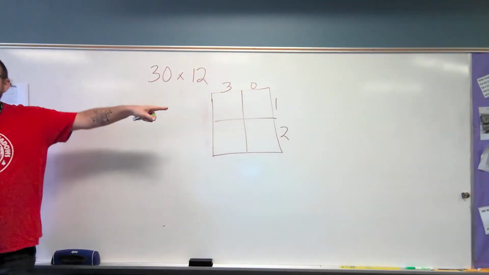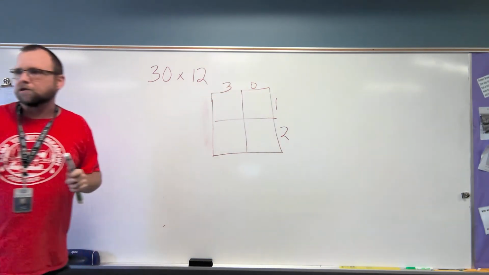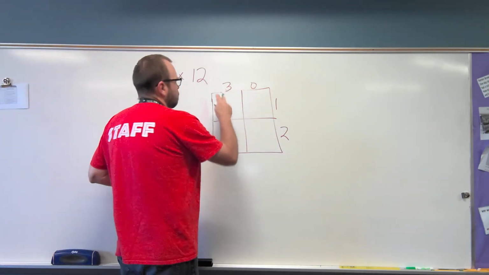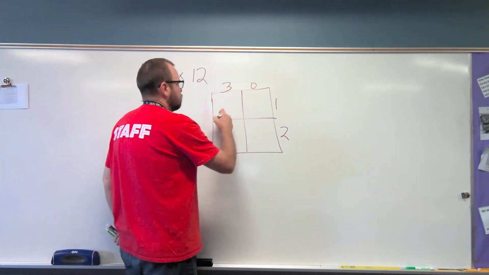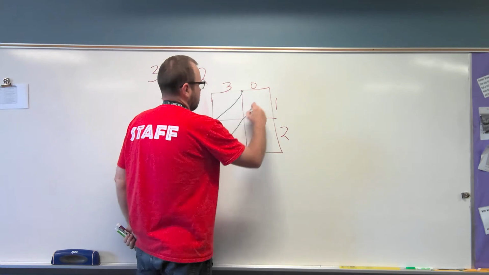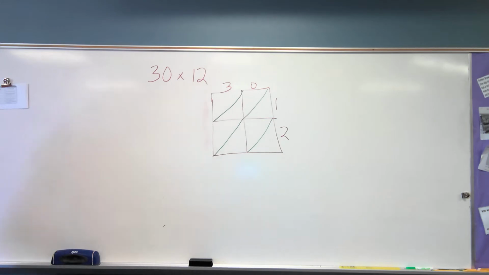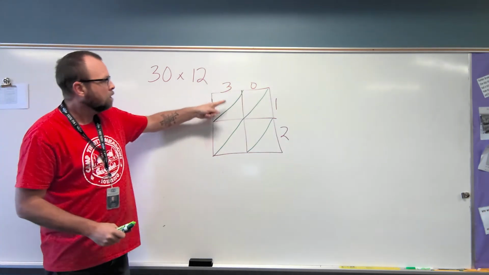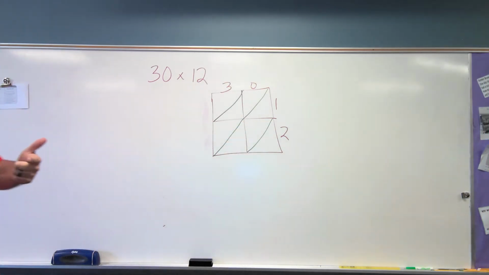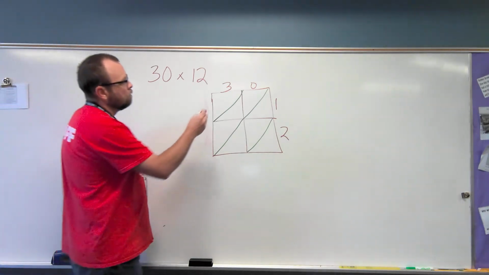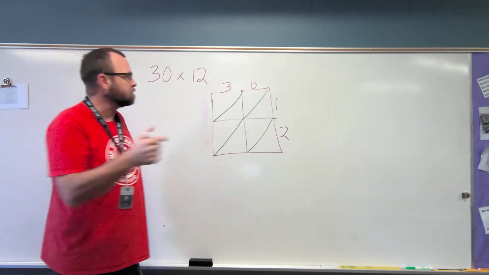All right, so this is similar to the box method. The only thing different is we're really only multiplying 1 digit by 1 digit. I put my first factor there and my second factor on the right-hand side. Each of these is divided in half diagonally, and your paper already has that. There's going to be a tens place and a ones place in each triangle. Okay? So now, just like Battleship or just like we did on the box method,